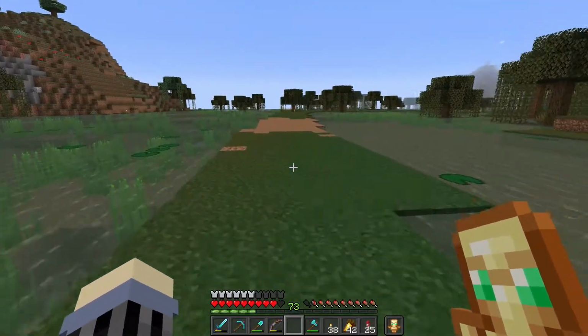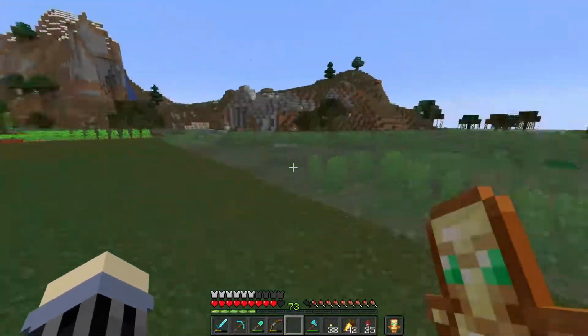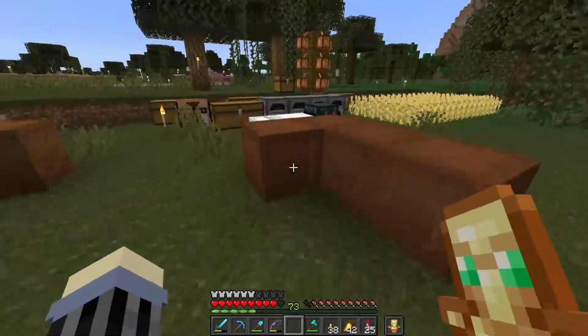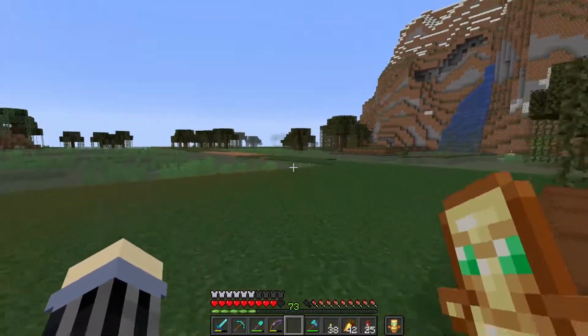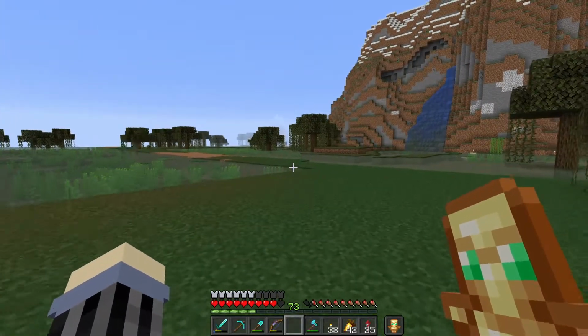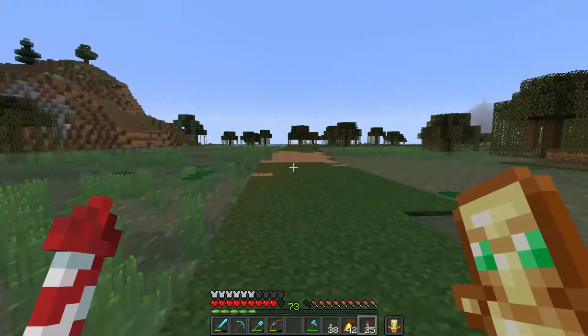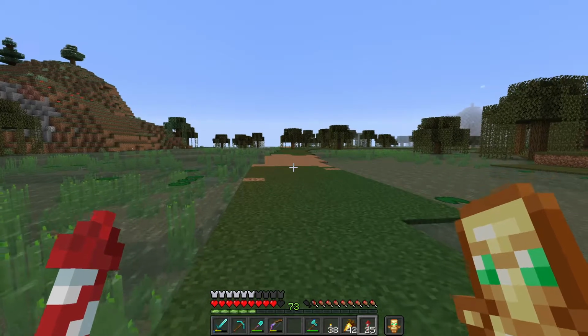Alright, so that's 5 shulkers full of dirt that have been placed. These 4 in this one. Fairly early on, I came up to a couple of decisions. First off, I kind of needed to know where the trail was going to be, the kind of meandering path,